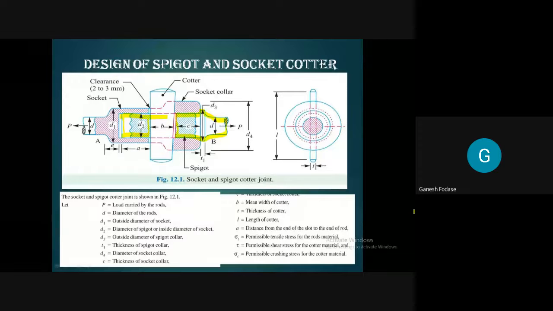Where can it fail? Sir, in spigot, there is a slot, so it is a weaker part, weaker section. So there would be more shear stresses in that section. So you are talking about this section. Yes, sir. Okay. Yes, of course it is critical one. Good. Next. First one, you are talking about which kind of stress? Only shear stress, right? Yes, sir. So you are thinking there will be shear stress. Okay, good. Second one, please.